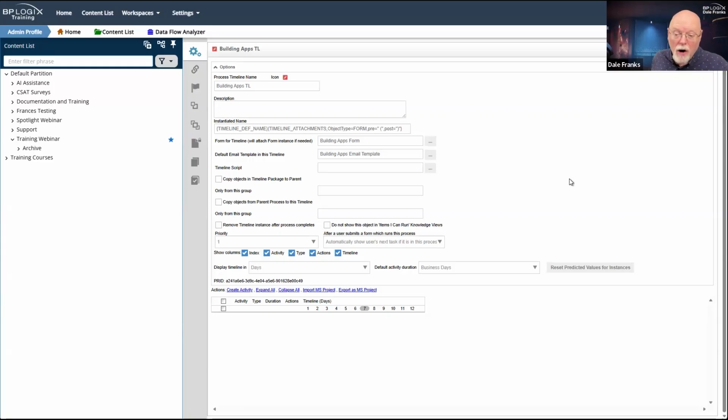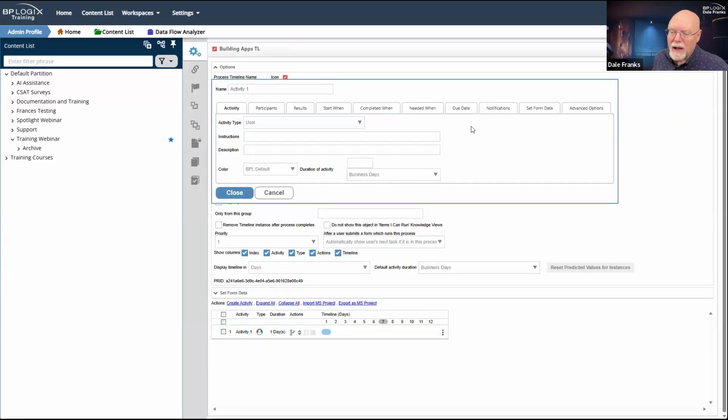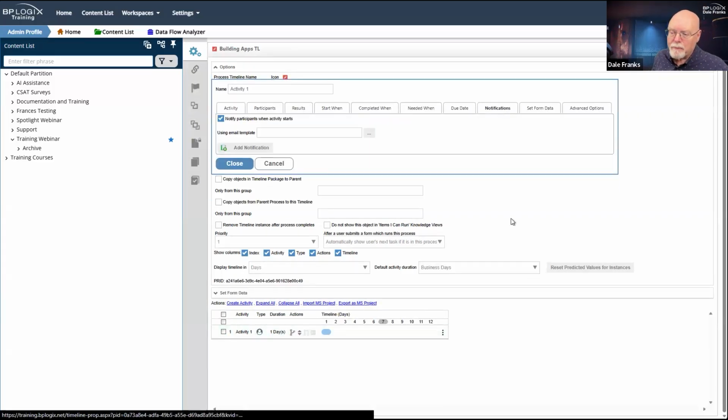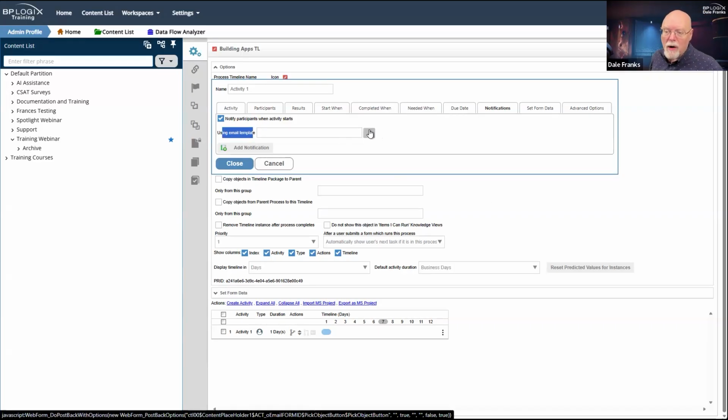Now, there are cases where, if I create an activity, and let's just go ahead and create one and open it up, and let's look at the notifications tab. Now, there may be instances where I might want to use a unique email template with a particular timeline activity. And if I do, that's fine. I have the using email template property, which enables me to select a template that will be used for this specific timeline activity.